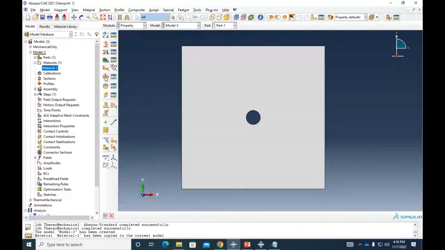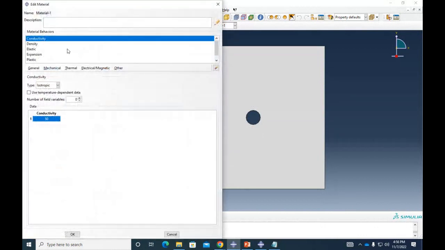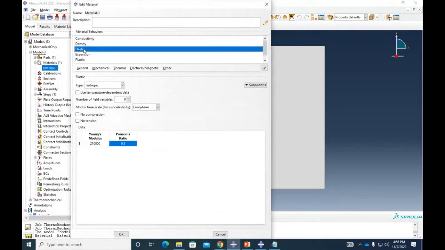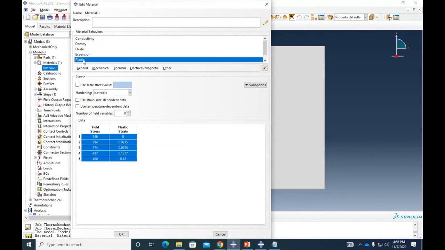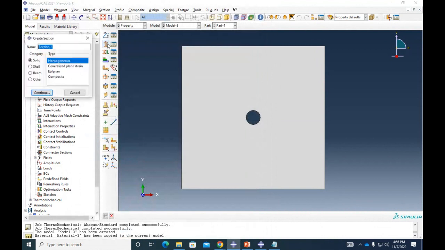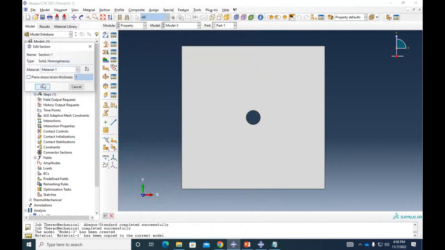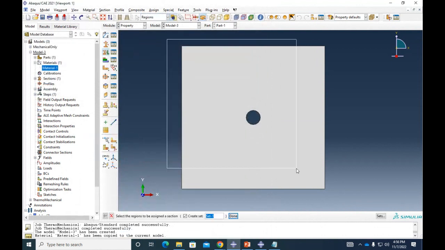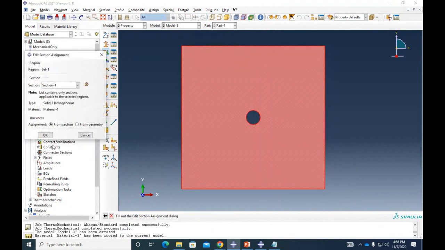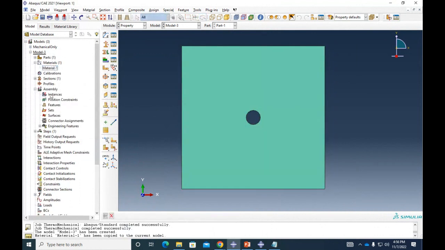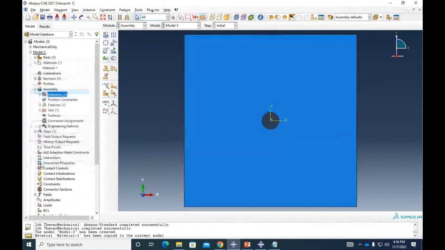Okay. So I have the material number 1. Let's review it again. So elastic, 210 e to the 3, plastic. I have my tabular values in here. So let's quickly create a section. Let's apply the section in here. Let's bring everything into the assembly.